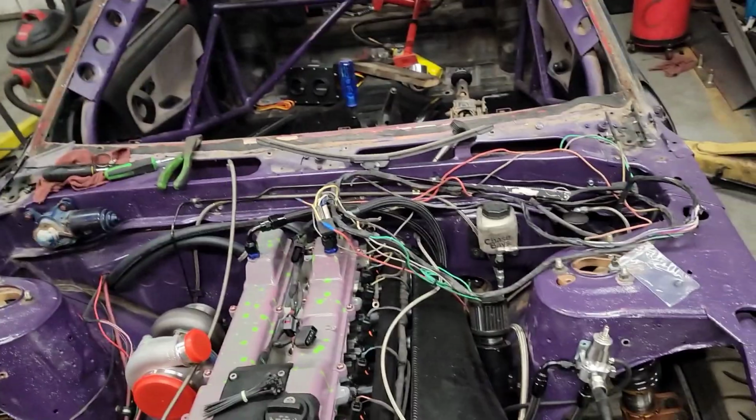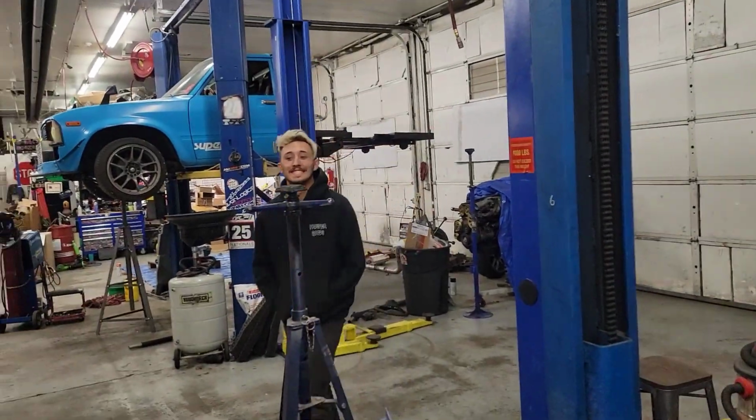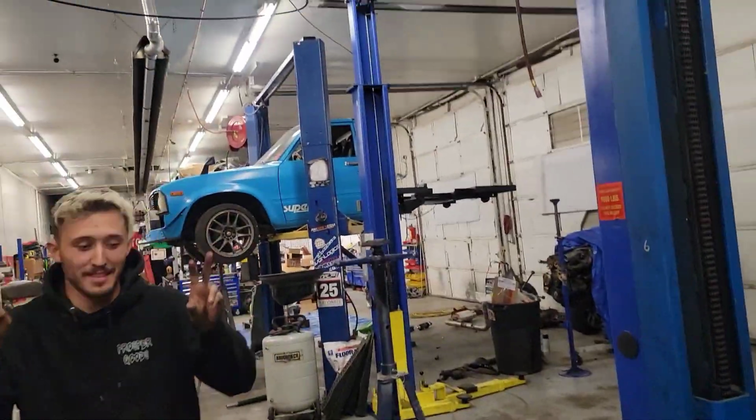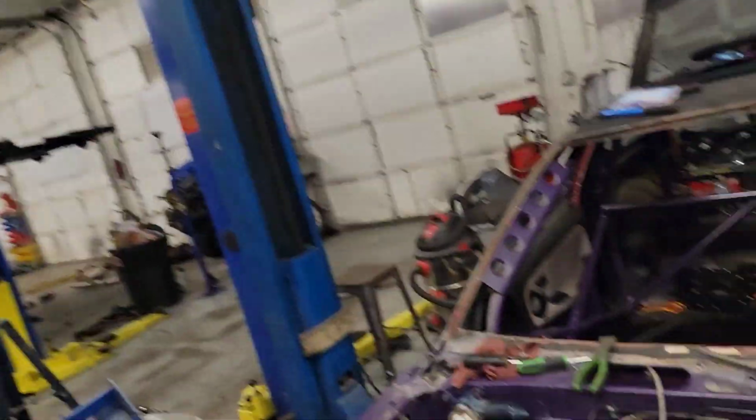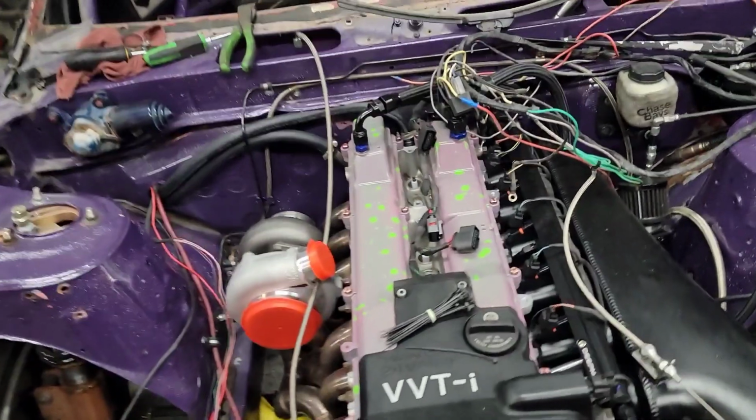Radiator's in. We got the fuel lines. It took us quite a while to get all the fuel lines dialed, but it's looking good. We had to rob some fittings from Kelly's car. Borrow. Oh, I was supposed to order those for him. Yeah, we'll see how that goes. We did all the vacuum lines to the wastegate. The wastegate's in place. I'm waiting on the turbo to show up tomorrow, but we're probably gonna mock up with